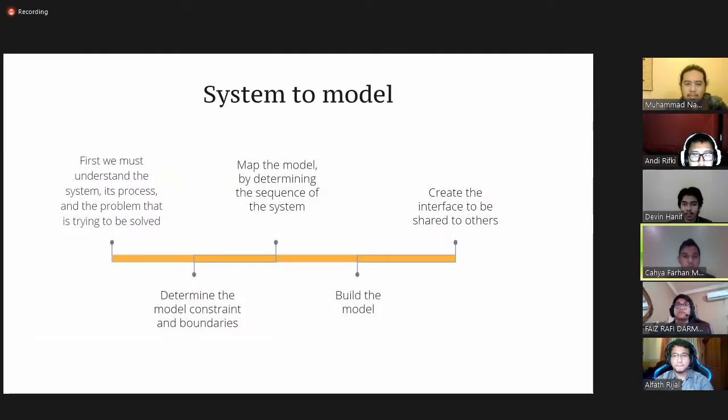To continue from our part, let me introduce myself. My name is Cahya. To make a model from a system, first we must understand the system by analyzing its process, its factors, and the variables that connect them to each other, and the problem that we want to solve. Second, we must determine the model constraints and boundaries so that we know what cannot be done in the model. In other words, we must make the rules of the model. Next, we have to map the model by determining the sequence of the system. Then in the next step, we can make the model. Finally, so that other people can read and analyze the model, we must make an interface for the model so that we can share it with others. Next,